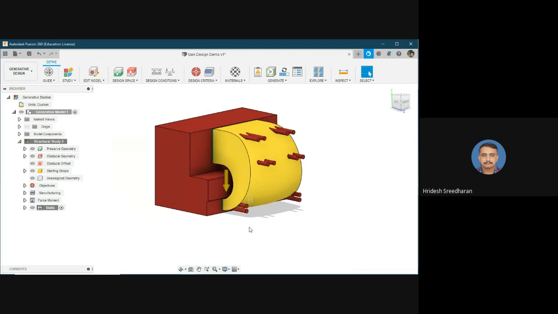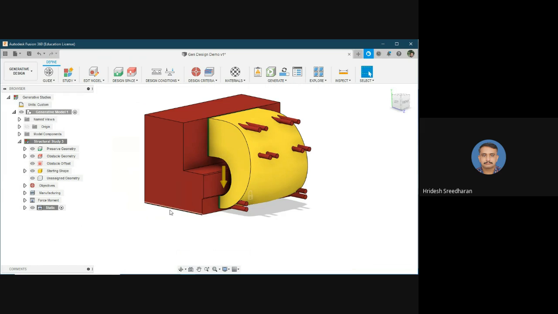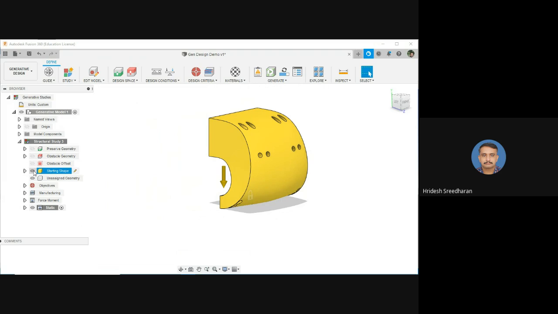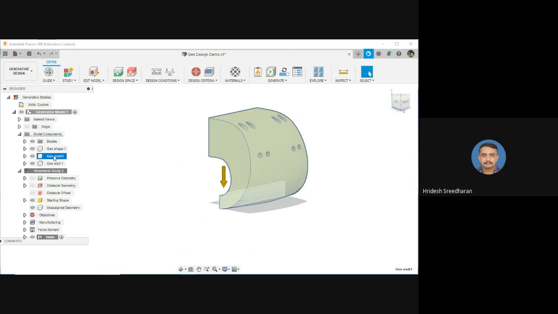Okay, once the generative design workspace is open, these things have been additionally drawn. Why, I will tell now. You can see that only the generative shape, the generative end and generative start, three bodies are shown here, and all other bodies have been removed.